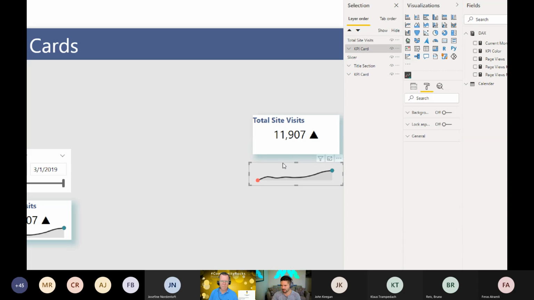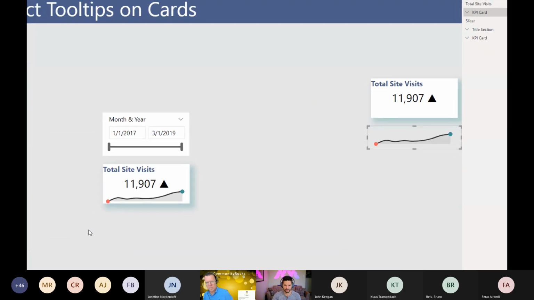That's the custom visual that I got from the store. That's just a free one, by the way, from OKViz. It's actually the people at SQLBI. They make a lot of really nice custom visuals, and I just like a small sparkline in there, to show that general trend. But combined, in a very small footprint, you get a card that actually provides quite a lot of information. Two different values, a KPI indicator with the shadow in the back, plus a trend line, all in, like I said, a fairly compact space. So are there any questions on any of the techniques that I showed here?